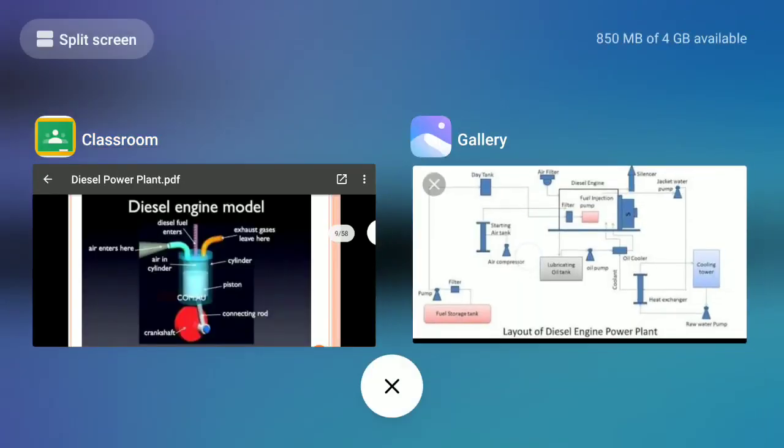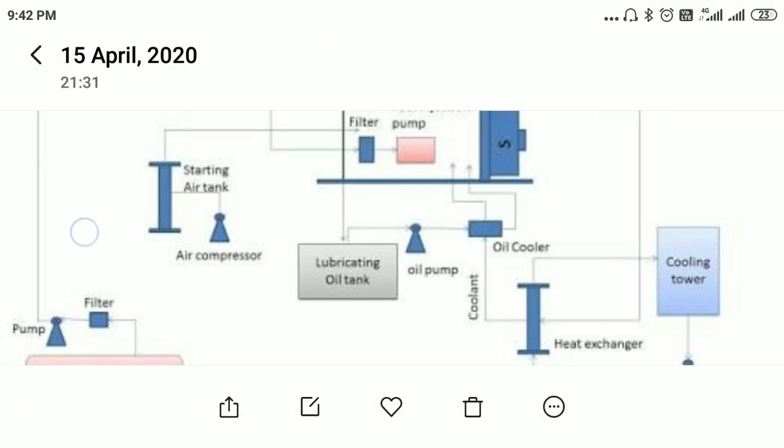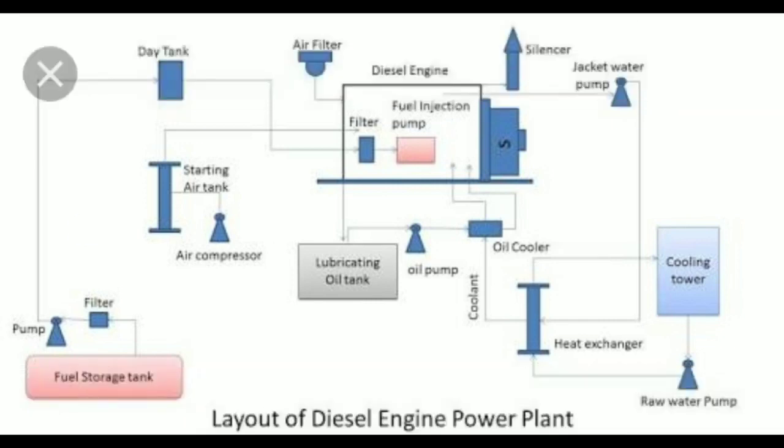We will see now the layout of the diesel power plant. This is the basic diagram of a diesel engine power plant, where the main component is the fuel storage tank. We can see from the diagram that the fuel storage tank is far away from the diesel engine site, where the actual working of the diesel engine takes place, due to the hazardous nature of the fuel, in case a fire ignites or other problems are created. So the fuel tank should be located away from the diesel engine.